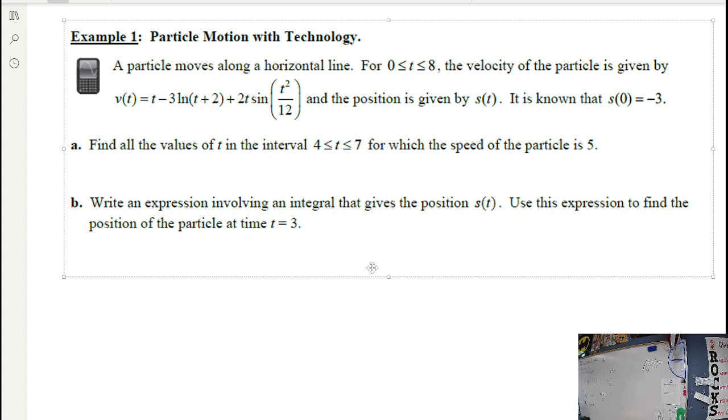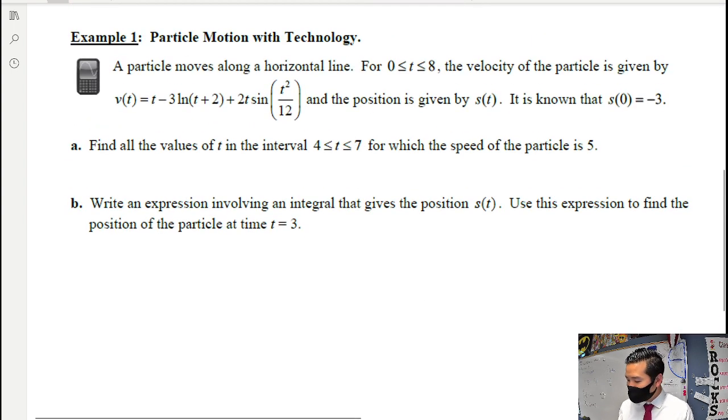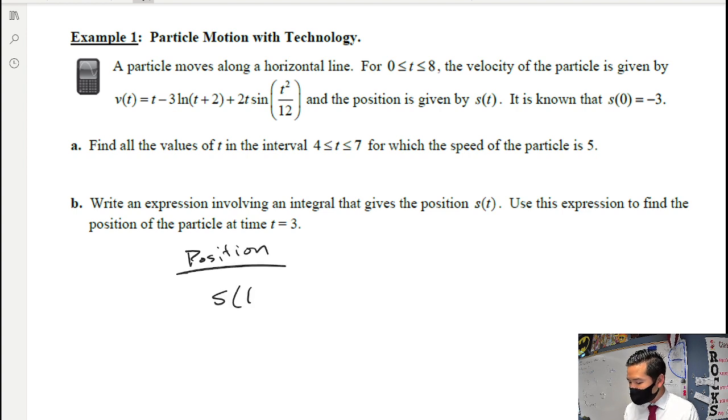But this is the bigger one right here. Write an expression involving an integral that gives the position s. Use this expression to find the position of the particle at t equals 3. So, you ready? If I was looking for the position function, position is going to equal to this. The position of s of t is going to equal to the integral, right, from,